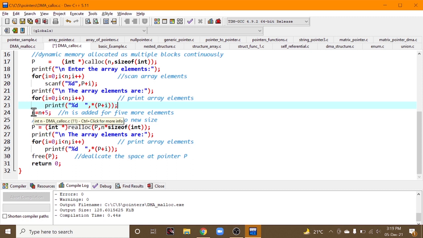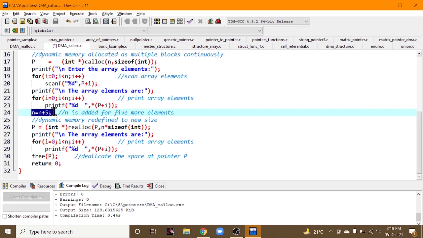Now what we have done here is n is increased for 5 more elements, n is equal to n plus 5. Now n holds 5 more elements. So the dynamic memory is redefined to a new size; we are telling the compiler to add 5 more elements. It means that you need to reallocate some more size.